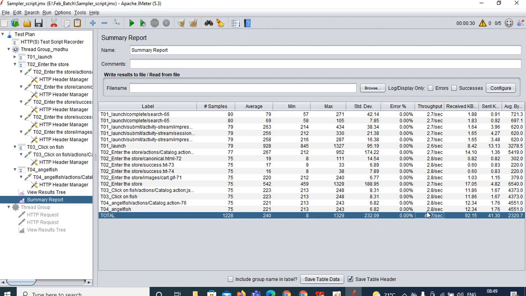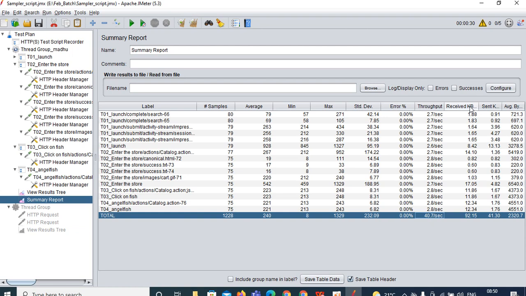So what does 40.7 per second mean? You can tell the definition here, you can define it in your own words. 40.7 is nothing but a number: how many transactions are happening per second, that is called the throughput. This is a very, very important definition; in the interview, people will ask: what is throughput? Throughput is nothing but how many transactions are happening or executing per second.